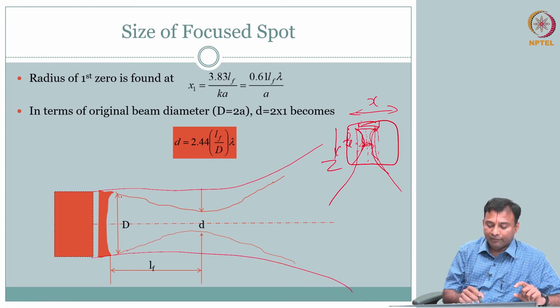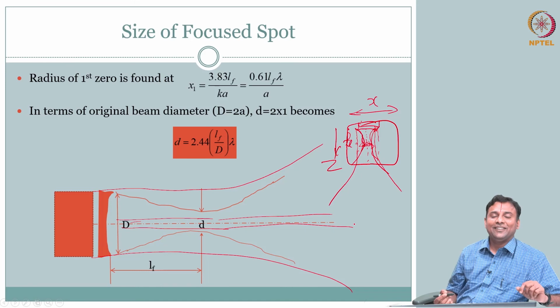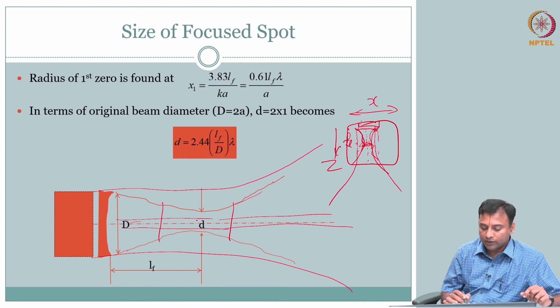Now because of the lens, I have tried my best to reduce this. Ideally you want only one line, as narrow as possible, right? If it is without any divergence, if you can go like this, that is the best, but that is not practical. So we have tried to minimize this as much as possible. Of course it is minimum at the focus and it starts to diverge again, inherently. So maybe there is a region around the focus where it is still less than what it would be without the lens. So having a lens still helps. This is the best case, but neighboring regions also get some help.